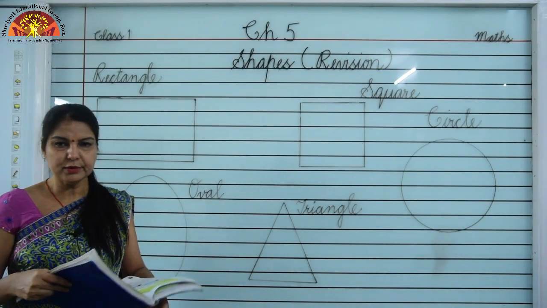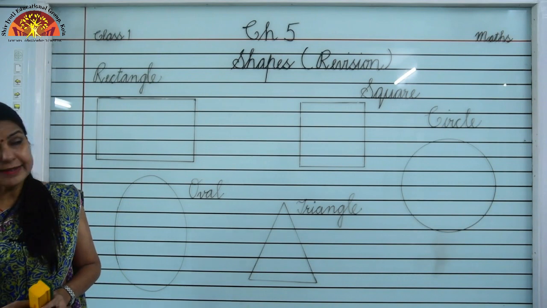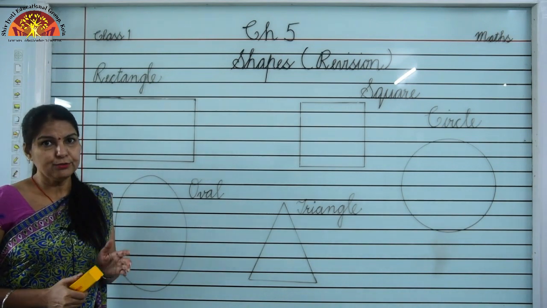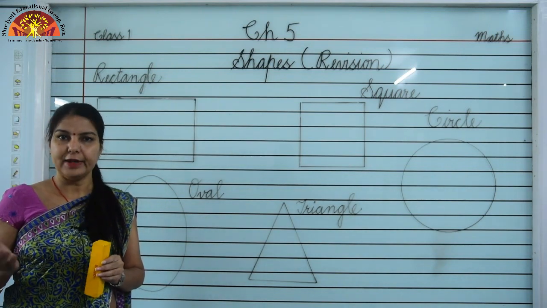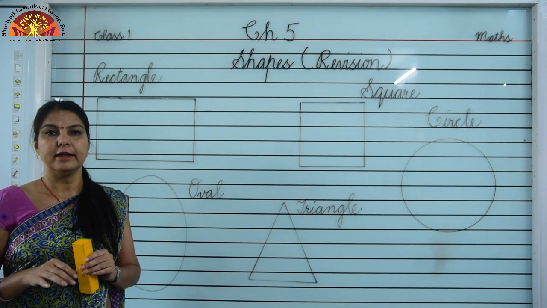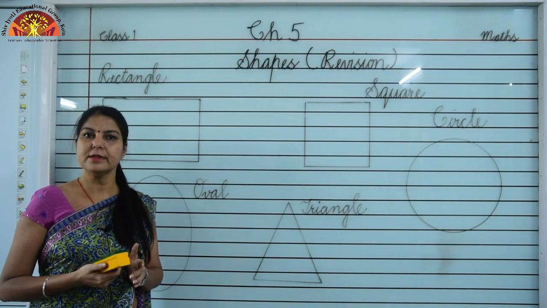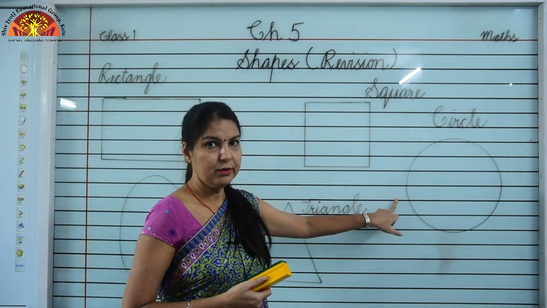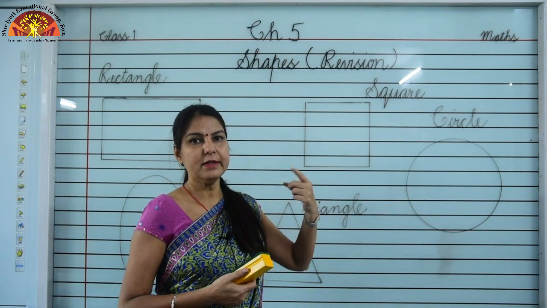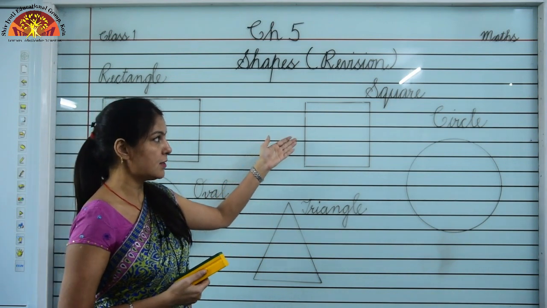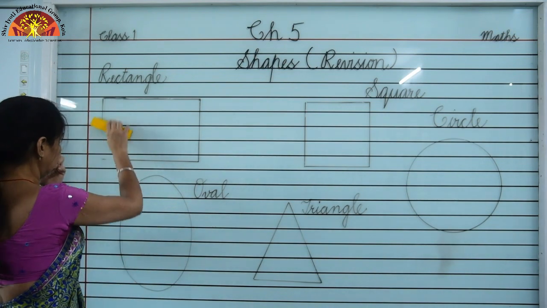Now children, come to the next topic. This is shapes that slide and roll. Children, you know which shapes can slide and which can roll. The objects which are having flat surface, they can slide, and the things which are in round surface, they can roll. Here you can see this is round in shape. So the things which are in circle shape, they always roll, and the things which are in square shape, which are in rectangle shape, they will slide. Look here.